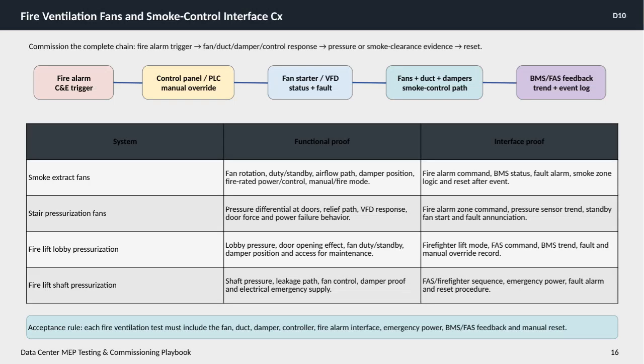This slide focuses on the commissioning process for fire ventilation fans and their smoke control interfaces, which is critical for ensuring safety in data centers. The key here is to commission the entire chain of components, starting from the fire alarm trigger through the fan, duct, damper, and control responses, followed by verifying pressure or smoke clearance evidence, and finally ensuring the system can properly